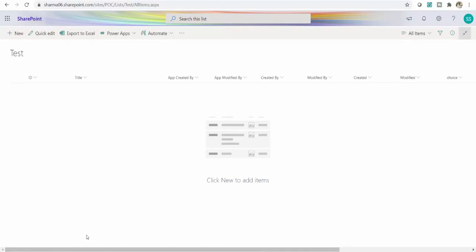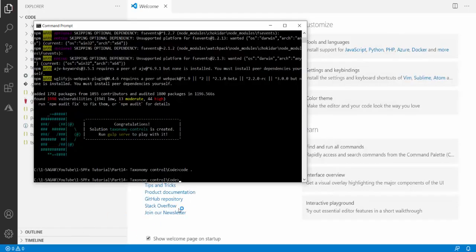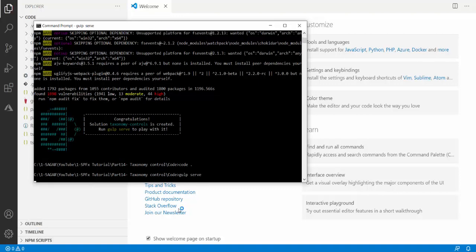So guys, now I will jump into my Visual Studio Code. I have created this solution, that is my SPFX web part using React. So now I will open the solution in my Visual Studio Code. So this is my new solution. I will just run gulp serve just to show you, nothing is in my web part at this moment, and then we will start with the development. So let's wait for gulp serve to get completed. So my gulp serve is completed and my web part is opening in local workbench, but I will open my web part in SharePoint workbench as I need SharePoint context which is not available in the local workbench.